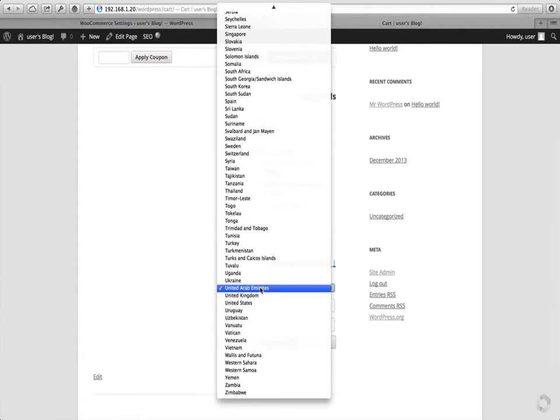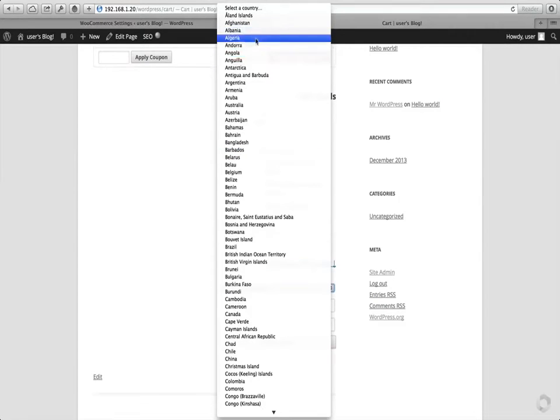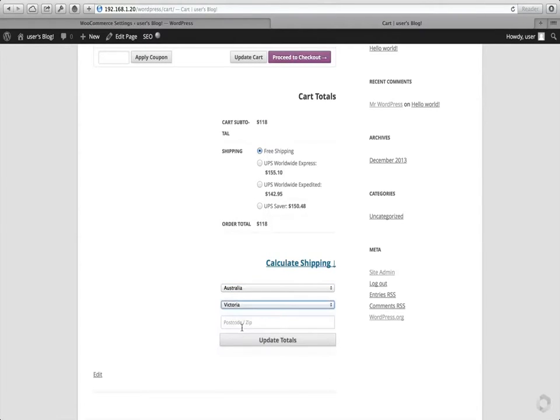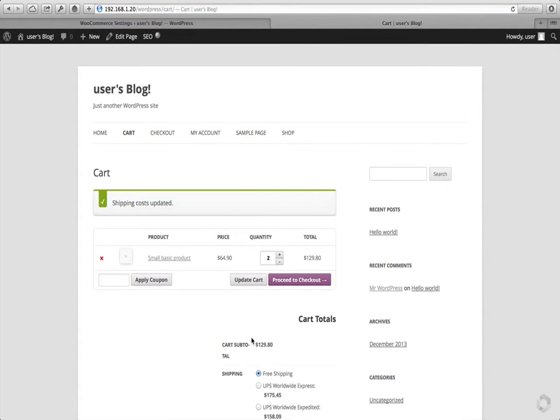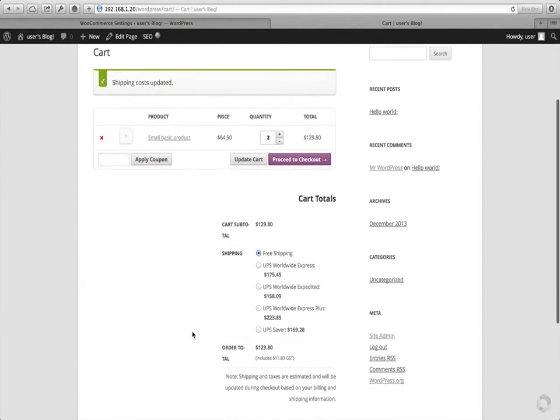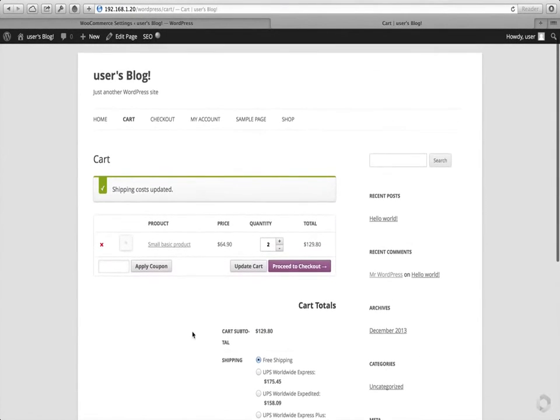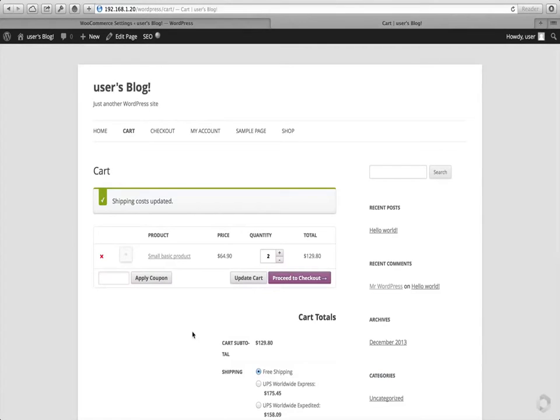Let's change that to another country, just to double check. Let's pick Australia. There we have it. Rates are getting populated from UPS successfully. Next up, I'm going to show you all the other settings as well as some smaller configurations that may be